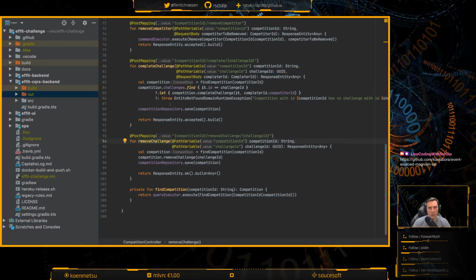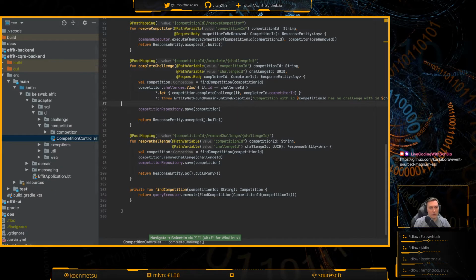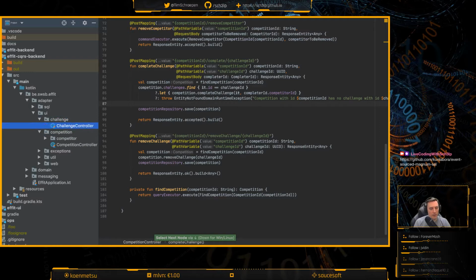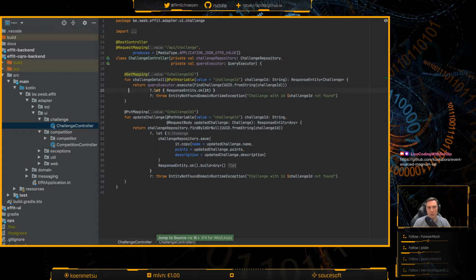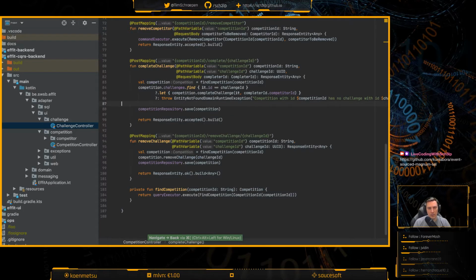So there's 2 more to go in the competition controller, but we do also have a challenge controller that only has 1. So I guess 3 commands in total. And let's just try and power through them to get this finished.